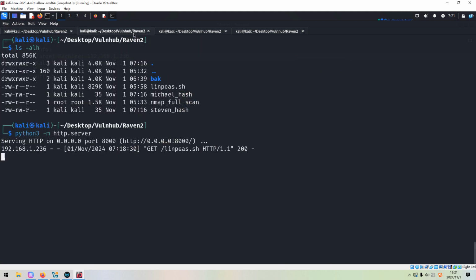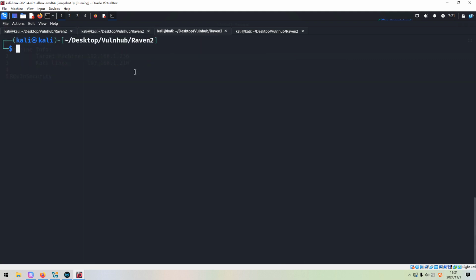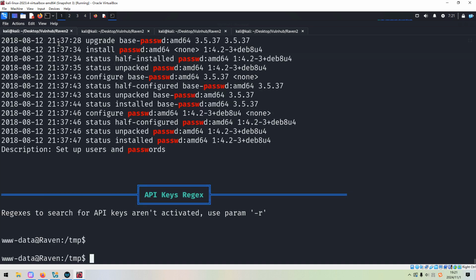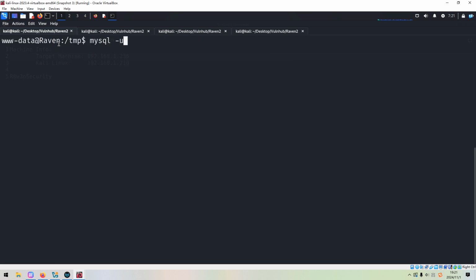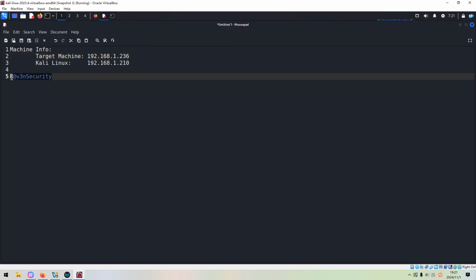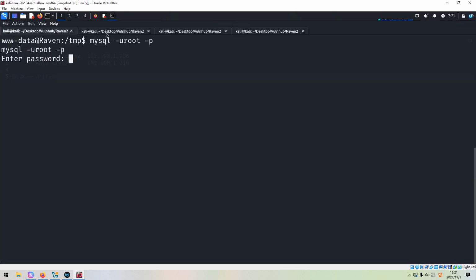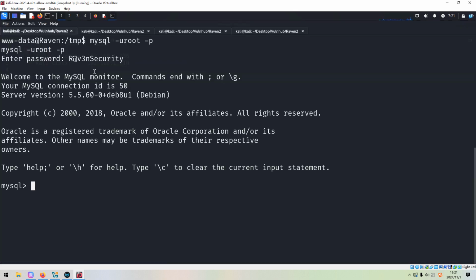Of course, we need to do some more checks. Clear, and connect to the database. Again, we need to copy password from notebook, paste in here. We need to do some checks.